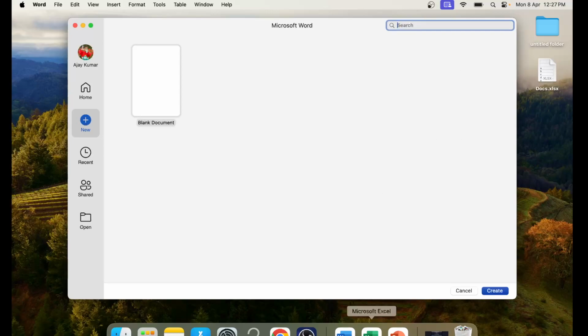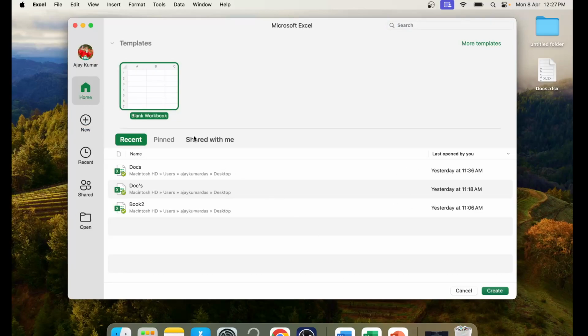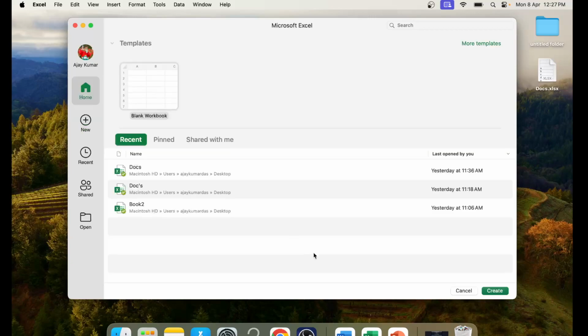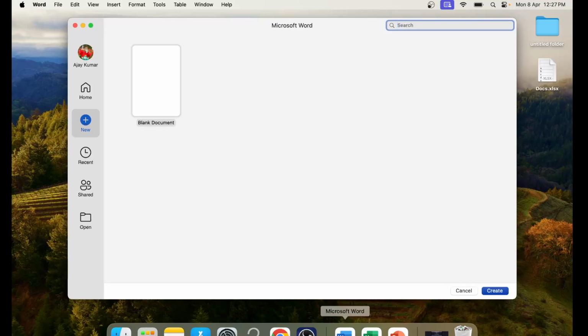And this is happening the same for Excel. You don't see any other templates, you see only blank over here, and when you click on more templates, nothing is over here. So if this is happening, then you can open your Excel, PowerPoint or Word, any file, and